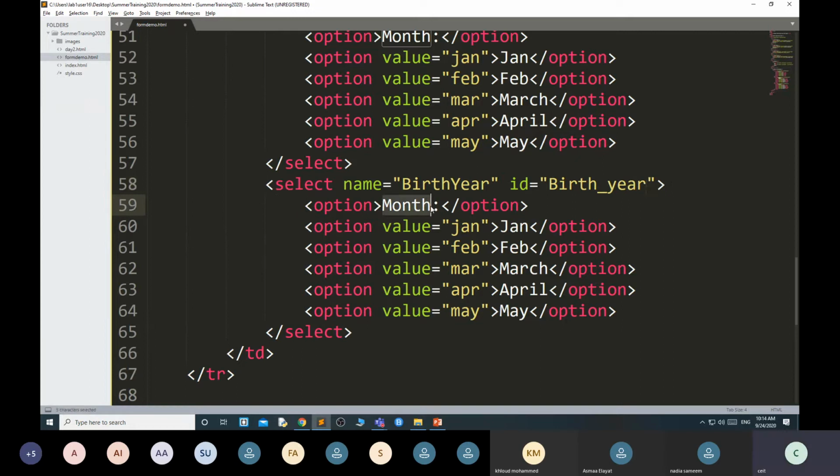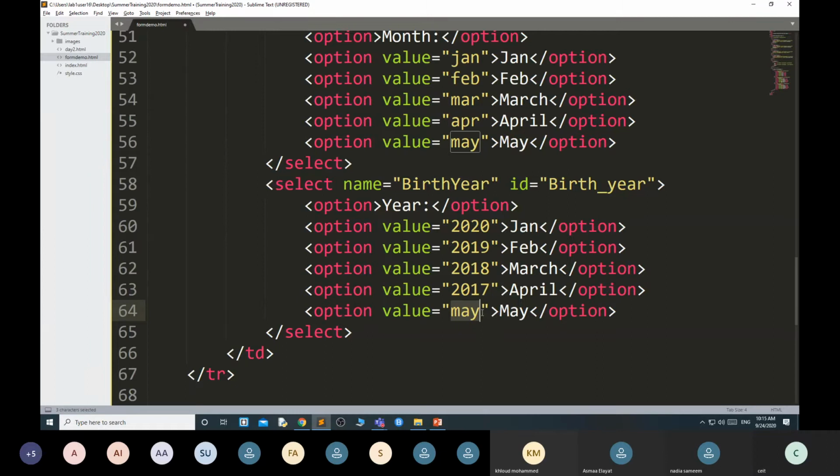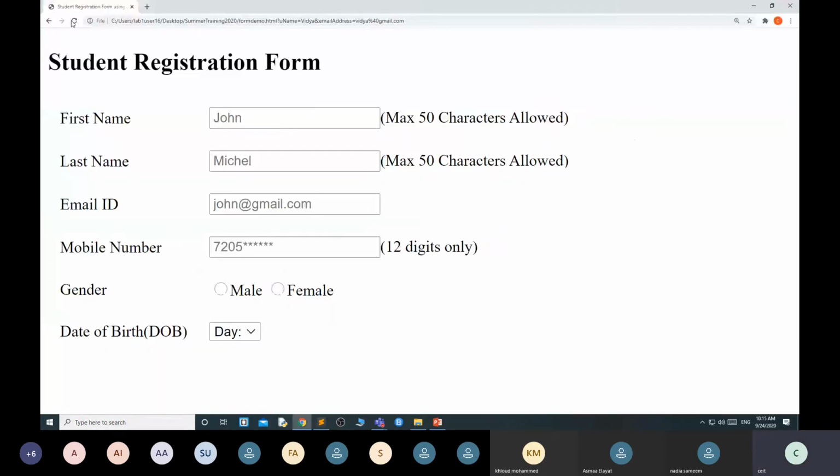Then here I'm writing the years 2020, 2019, 2018, 2017, 2016, and the values 2020, 19, 18, 17, 16. Now it will look like this.